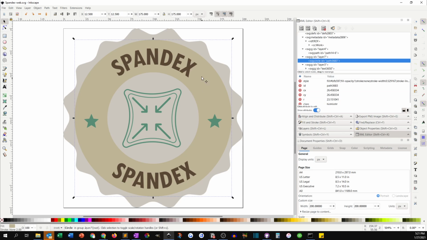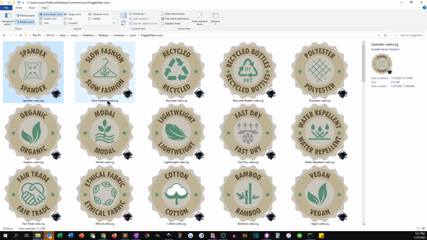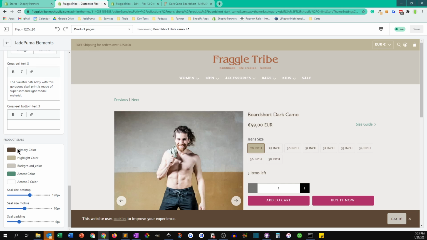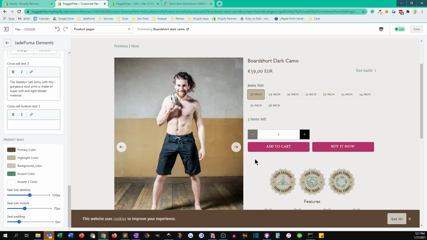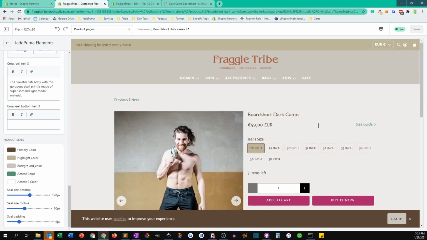So each one of these solid colors is assigned a class inside of the SVG file, and across all the SVG files that I make, I use the same classes over and over again, and that's the way you get that uniform behavior across all of these, because I'm using the same class taxonomy across all the files. That allows me, with 5 simple elements here, to change the colors of all the product seals. And I just want to show you that 5th color,